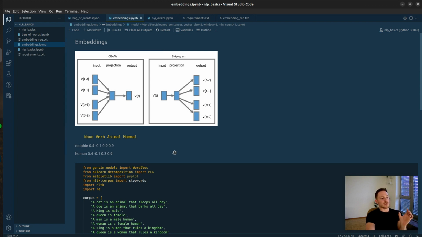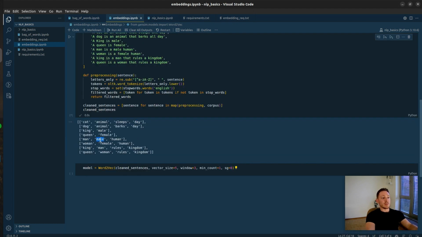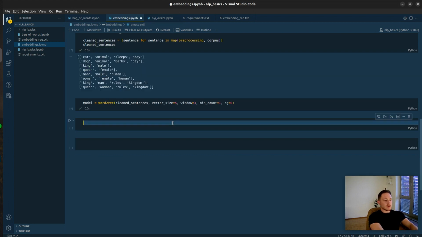So it means that for the one word in the middle that will be predicted, it will take one word before it and one word after it, and that's the window size 3. It considers 3 words. You want to predict male, it will look at man and human. You get the idea. So with model.wv and then entering a word, we can get the